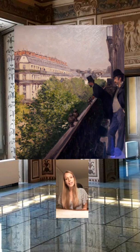When Caillebotte died, sadly very young, at only 45 years old, in 1894, he decided to donate the whole collection to France. But guess what? France didn't accept the collection, because Impressionist works were still seen as being too modern. It took all of Renoir's efforts, Renoir was the executor of Caillebotte, to have France at least accept a part of the donation. And that part of the donation is now in the Musée d'Orsay. So we owe a lot to Caillebotte, not only as a supporter but also as a painter, because now, focusing